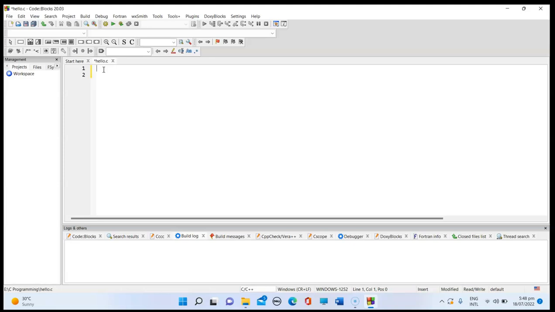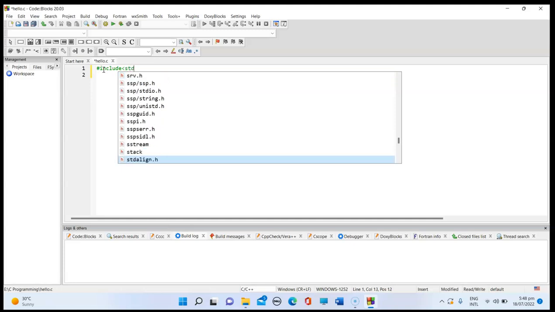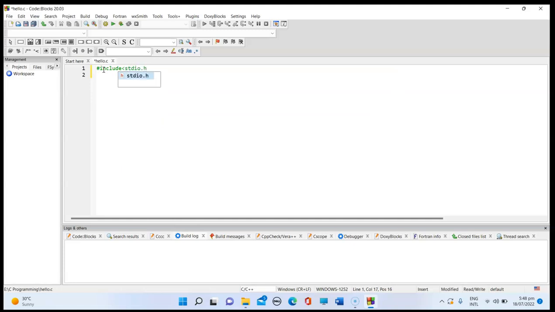Let us now type the program in the CodeBlocks IDE. We will start off with the header file #include stdio.h inside the angular brackets. Then you will write int main